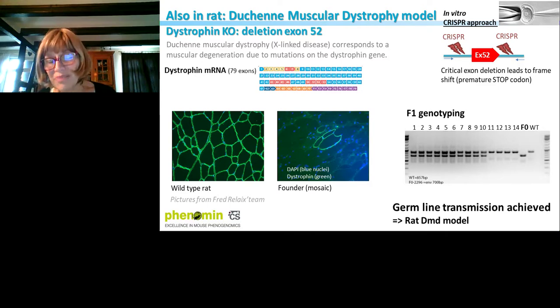And here is the genotyping that we performed. Under the F0, it's the males that we genotyped first. Then you could see only one allele. Then it looked almost homozygous. And the animals numbered 1 to 14 are the F1. And you can see that all the females had the deletion, which shows that it's really efficient. And this line is still not published, but it's definitely the first Duchenne muscular dystrophy model in rat, and will be certainly really valuable to study the model more in depth.